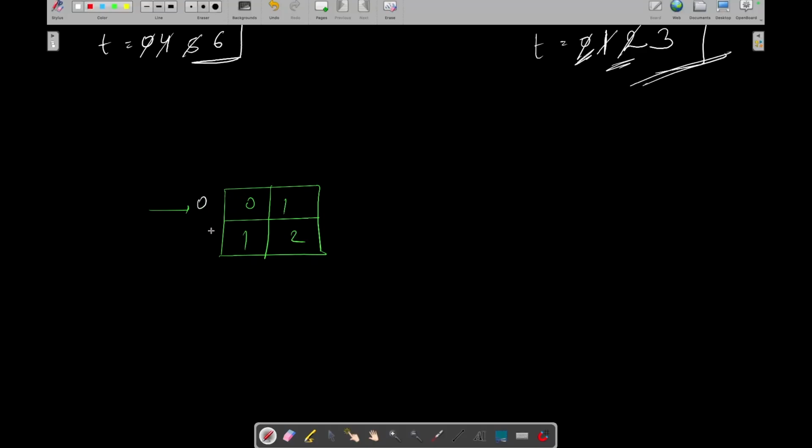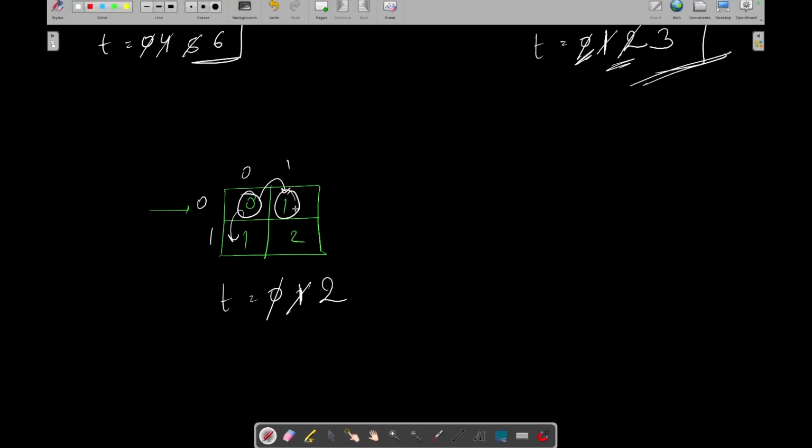So here what you can do, you can start moving from this cell. Either you can move to this cell or you can move to this cell. Okay, so let's move to this cell as both the values are the same. So at t equals 0, can you start moving to this cell? No, so you will have to wait for 1 second. Okay, now can you start moving to this cell? Yeah, you can. So now you will move to this cell in 1 second, so it will get updated to